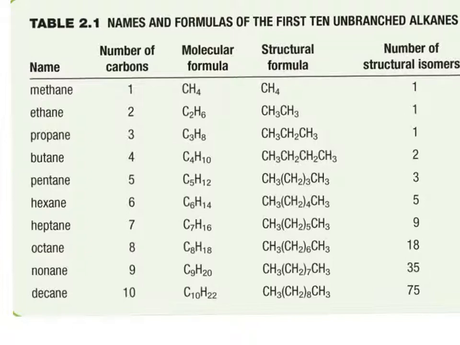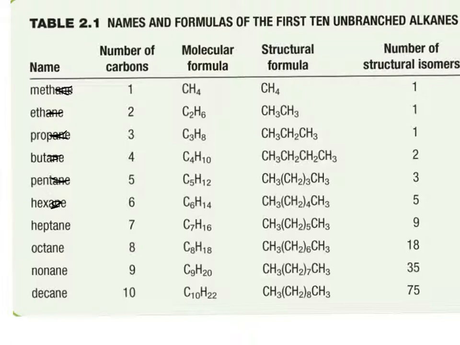While naming hydrocarbons, the first thing one needs to be aware of is the prefixes associated with the number of carbons. I have the number of carbons from 1 to 10 laid out here. When we do the prefix, you just need to take off this ending right there, because these are the names of the first 10 alkanes. And so when we look at this, our prefix for 1 carbon would be meth,